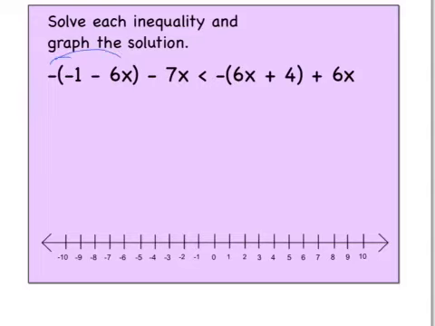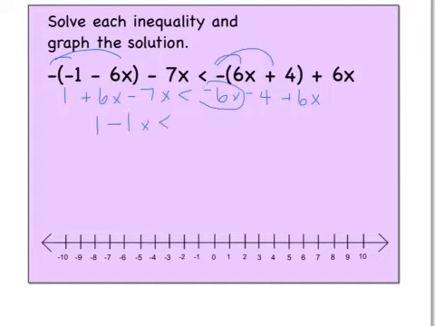We've got to distribute. We've got 1 plus 6x. Remember, the two negatives give us a positive. Minus 7x is less than negative 6x minus 4 plus 6x. Over on the left-hand side, we've got 1 minus 1x is less than, and on the right-hand side, these cancel